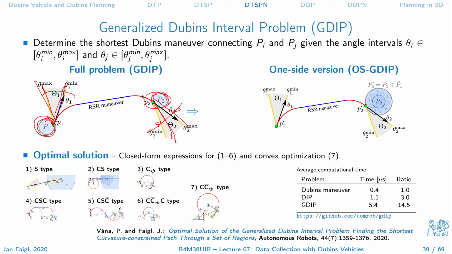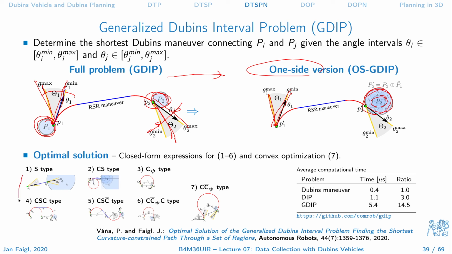This is very challenging, but actually Peter Vanya proposed that we can transform this full problem to a one-sided problem where we have just a single location, and here we enlarge, using Minkowski's sum, the goal region by the region of the initial region. And Peter also showed that the optimal solution is actually one of 7 cases,